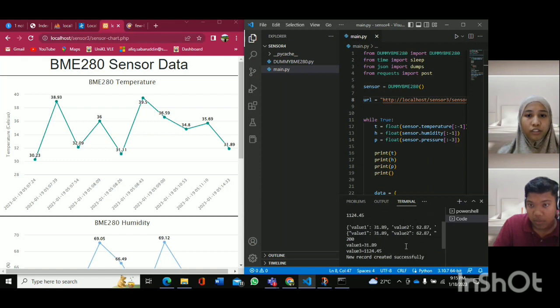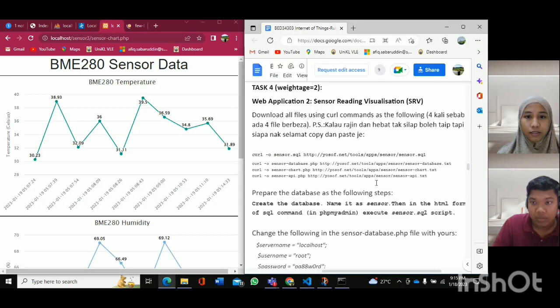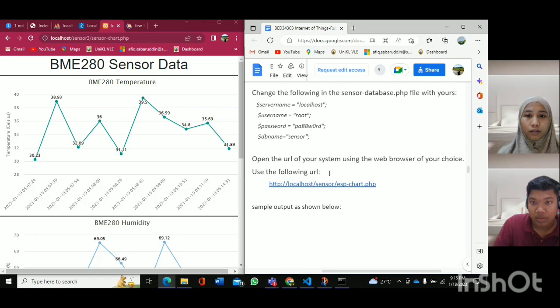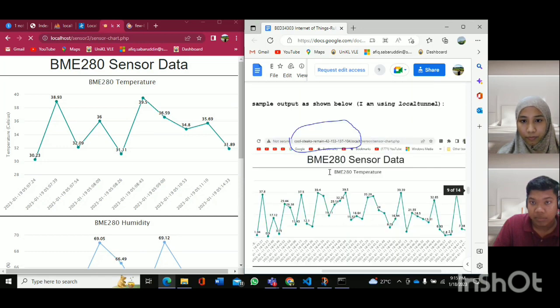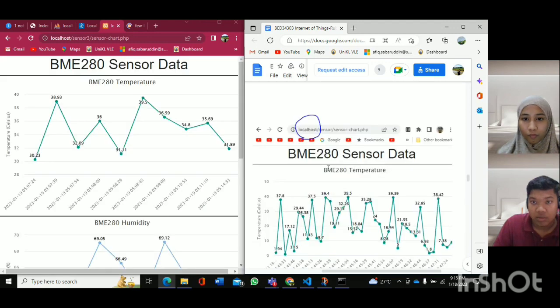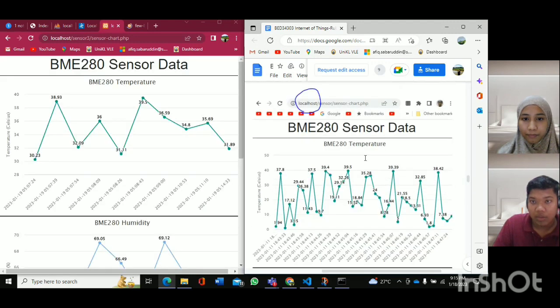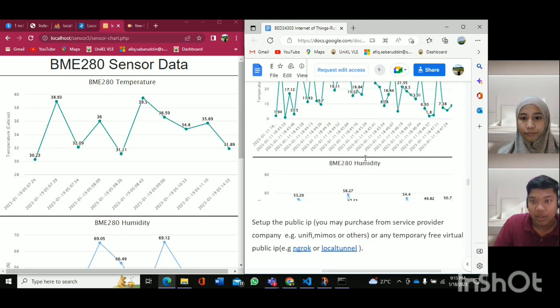Can you revise what the question wants you to do, just to make sure that you do not miss a single requirement? So for the localhost graph, we get the same as the rubric. And for the local tunnel,